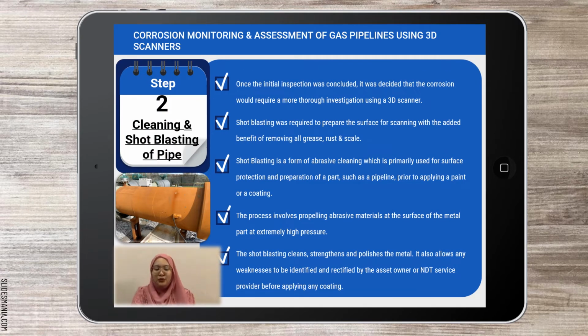For step 2, which is cleaning and shot blasting of pipe. Once the initial inspection was concluded, it was decided that the corrosion would require a more thorough investigation using a 3D scanner. Shot blasting was required to prepare the surface for scanning with the added benefit of removing all the grease, rust, and scales. Shot blasting is a form of abrasive cleaning which is primarily